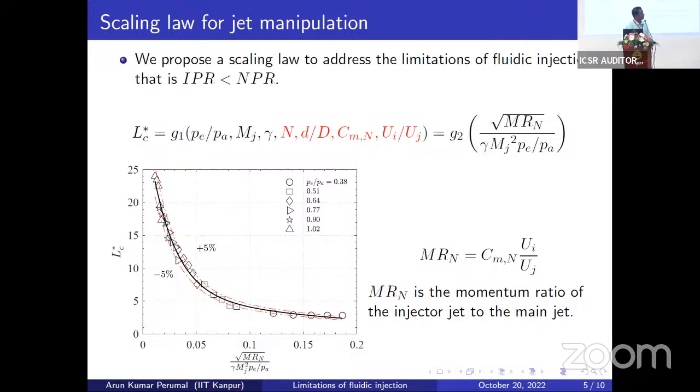We plotted the core length which we estimated, in comparison with the law which we developed. All the data for the experiments running from NPR 3 to 8 are put into this correlation, and it deviates within plus or minus 5%. So once we proposed this scaling law, we wanted